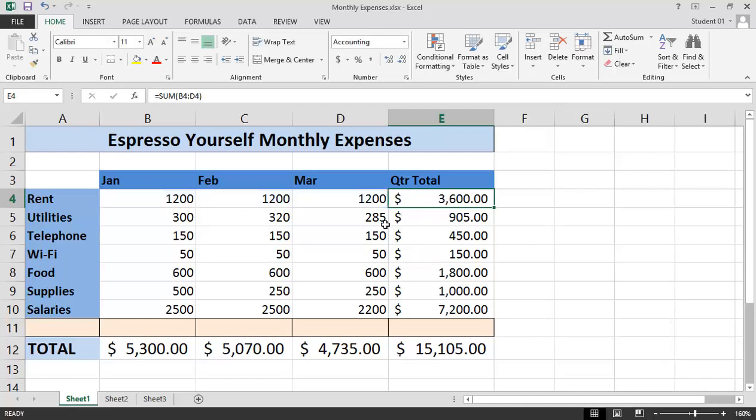So let's take a look at a couple of other cells and see if they are constant values or formulas. I'll click on the 600 number right here, which is B8. Notice that the formula bar and the cell value are exactly the same. This is a constant value. What about this